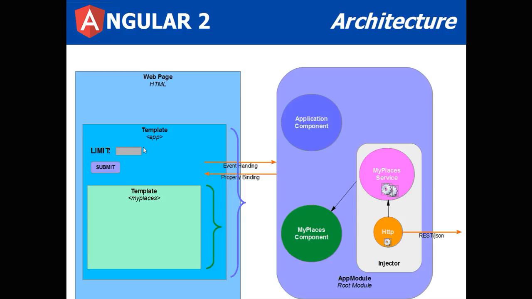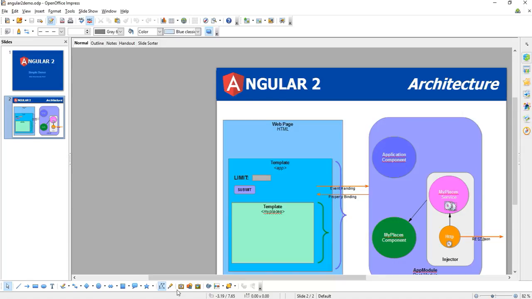Then we're going to define a parameter in the parent component and submit that particular limit parameter, which will update the application root component attribute, which will then propagate back to the template, get passed into the child template, and the child component attribute gets updated, and then a web service is called with a new parameter for a new web service result. So we use a lot of nice features of Angular 2, and let me just show you the application